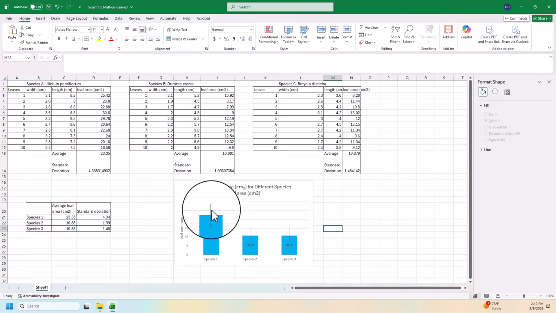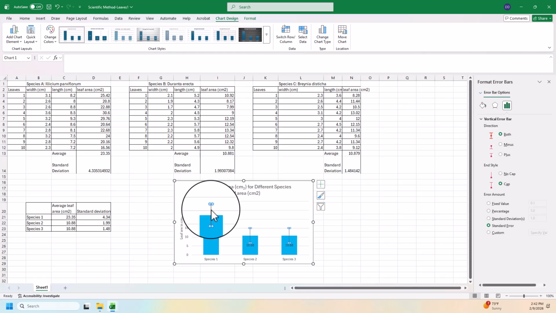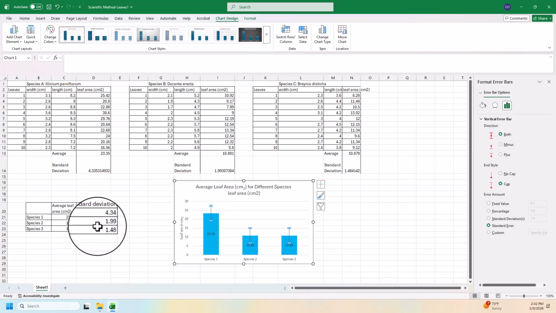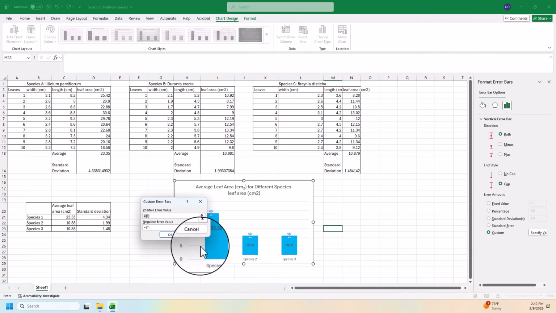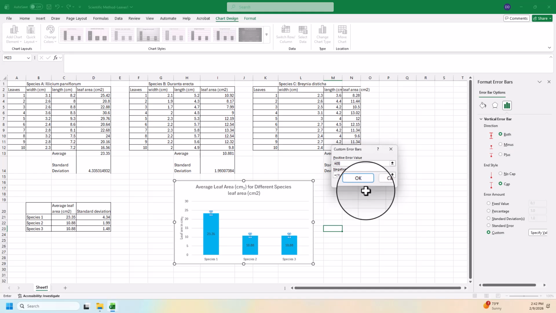And then we have the error bar. Right now the error bar is just a random number here. I'm not real sure why it has it in there. It says standard error. Well, we actually have the standard deviation as the error. So how do we change it to these numbers here? We're going to go to custom and then specific values. And we have a positive and negative error value. So in order to get that, we have to,